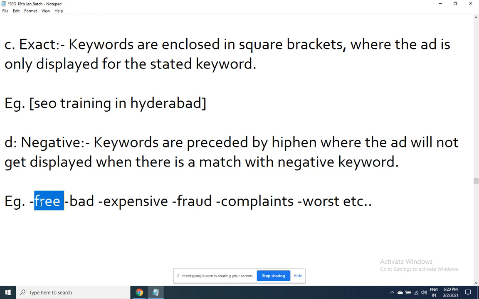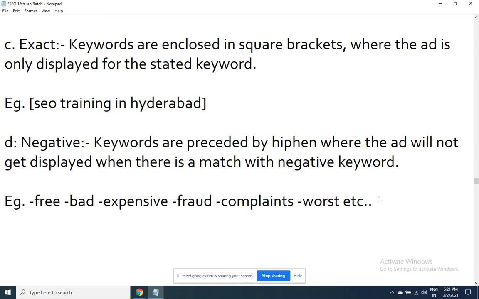Okay, that is okay. But someone is searching with, say, low quality SEO training, we do not want our ad to get displayed, but for low fee SEO training, we want our ad to get displayed. This is the requirement of a client. He says that for low quality, don't display my ad. Low fee, display my ad. What will you do? The word low is coming in negative and positive both ways. But low quality is bad, low fees is good.